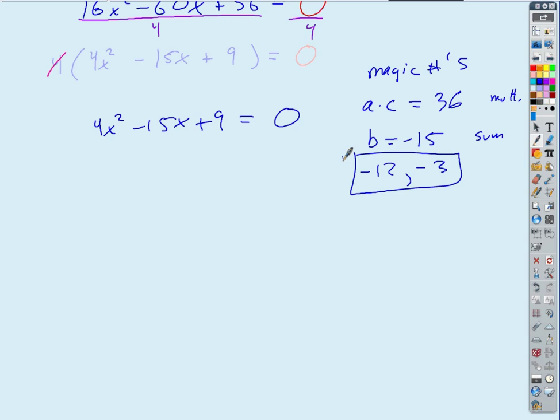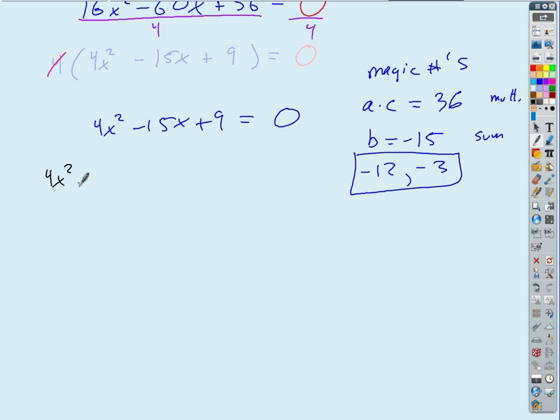Okay, so let's do this. You guys all know how to use bottoms up. That's the way you learn how to do it. But let's see if you can remember how to do it with my new tricky way that's algebraically rigorous. So we can factor by grouping. How's that work? What am I going to do? Okay, so I'm going to take the middle term and I'm going to split it into 2 using my magic numbers, right? So we've got